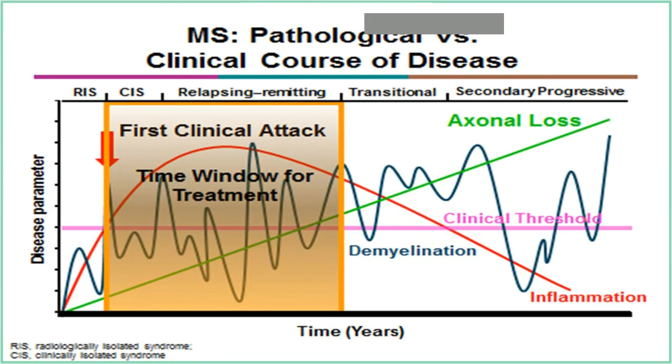The next line to pay attention to as we talk about phenotypes is the green line. The green line is labeled as axonal loss. I would think about this as the progressive part of multiple sclerosis. If the red line, or inflammation, is the relapsing part or the active part, the green line would represent the progressive part or the degenerative component of multiple sclerosis. Although it seems to build and accumulate over time, this is really where patients experience a lot of accumulated permanent disability. It is thought that